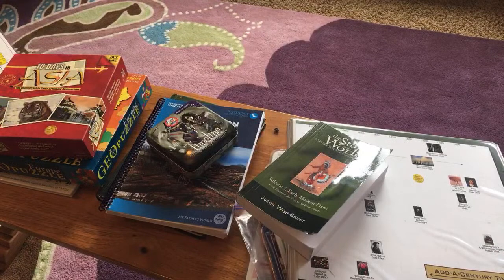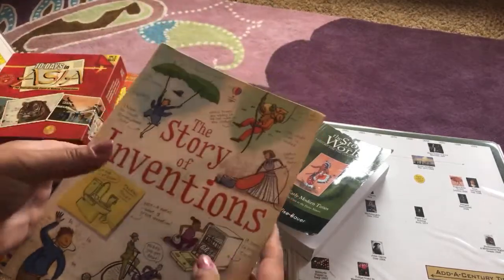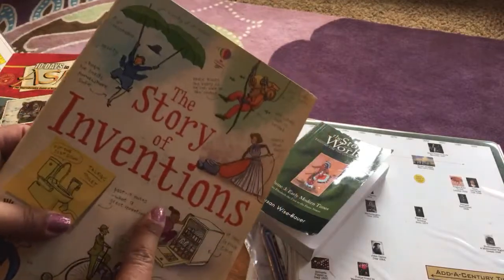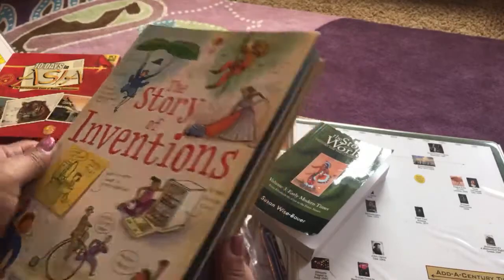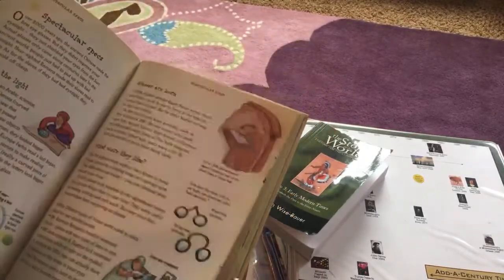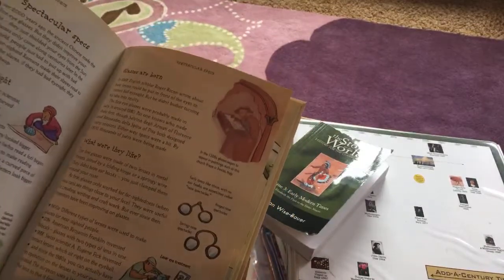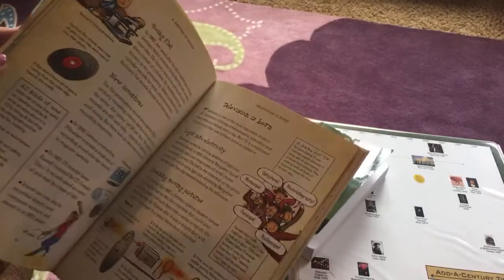Other cool resources: Usborne produces some amazing and beautiful books, all kinds. They have children's dictionaries and science, human body discovery. This one, The Story of Inventions, is great because one of my sons is really into inventions and entrepreneurship. It talks about different inventors, different inventions, how they came up with the idea, and some of the science involved in why those things work,